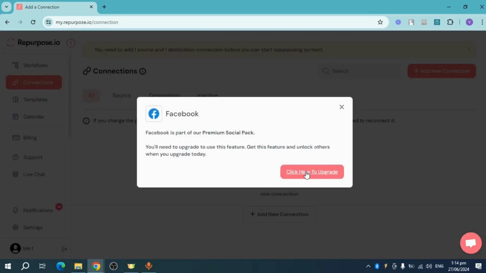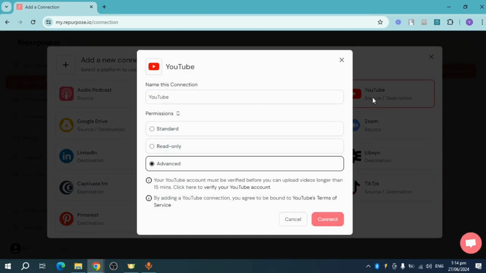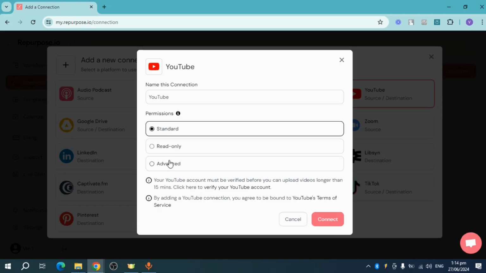And then in here, click on this right here if you want to upgrade. You can also choose another connection, for example, YouTube right here. And then on this right here, you can name this connection. It can be an advanced, it can be a standard, or it can also be something like read only right here. So head over and connect your YouTube from in there,